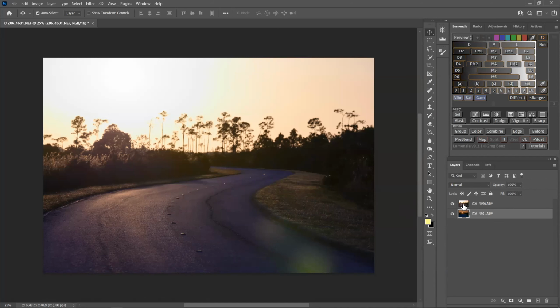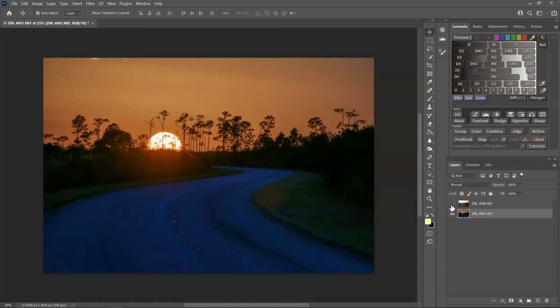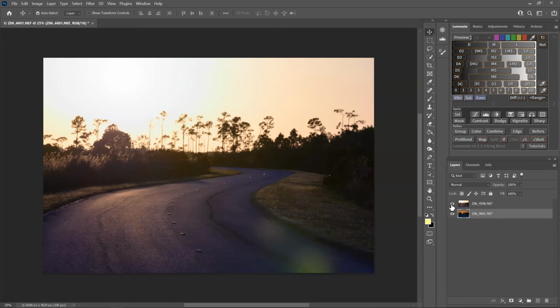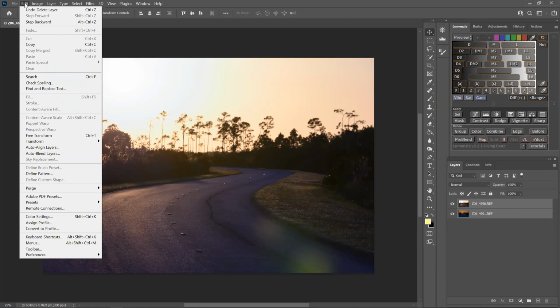So I only have the 2 layers here. Turn that off, and you can see that the camera is just a little bit different. So we are going to choose both. Same way, we're going to highlight one, press the shift key and click the other. Go up to Edit, Auto Align Layers.